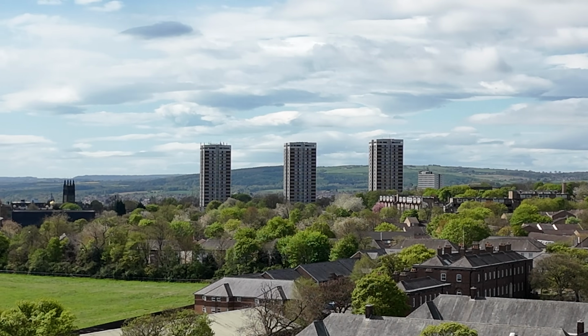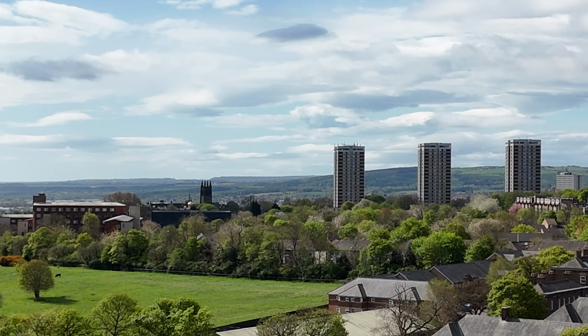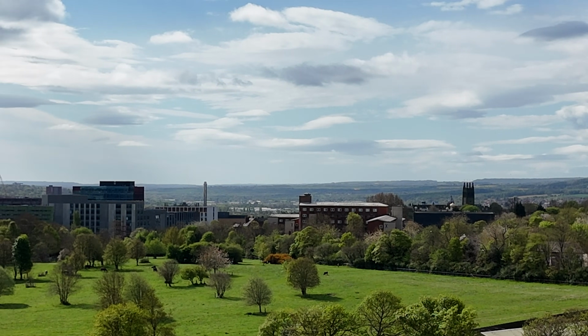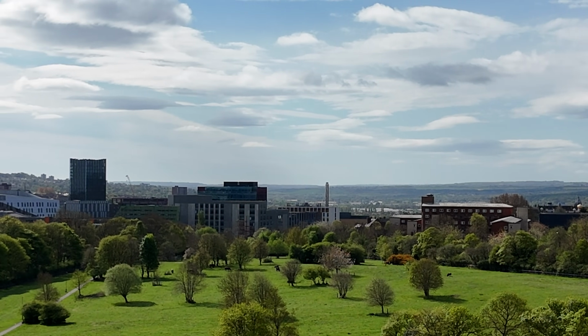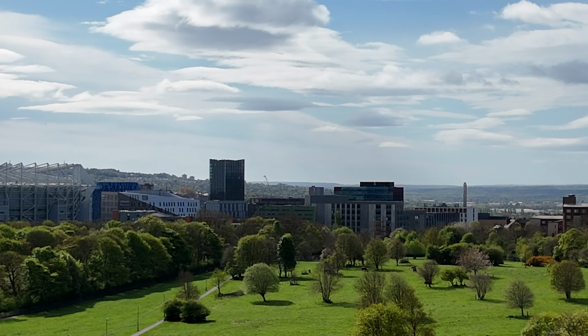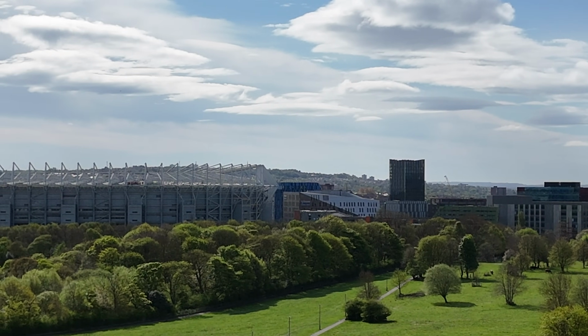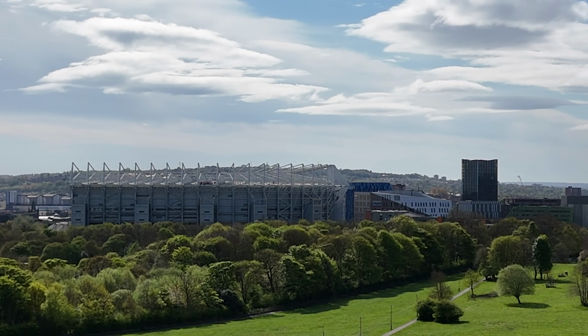Just before I start with this site, I've had a few comments of viewers not knowing where exactly Castle Leazes is. Well, here's some drone footage to give you an idea. It's just up from St James's Park and Leazes Park and across the road from the RVI Hospital off Richardson